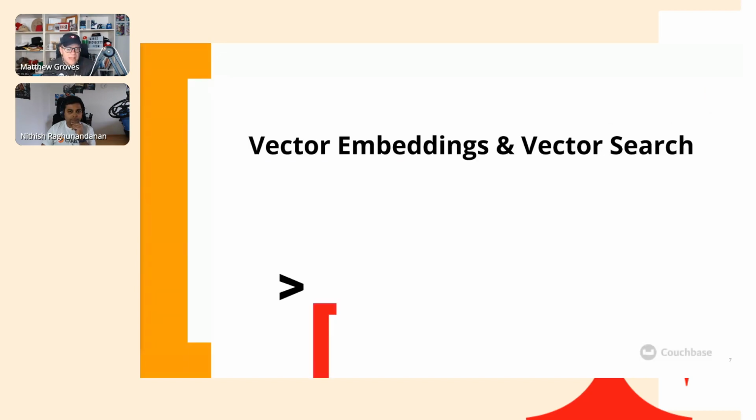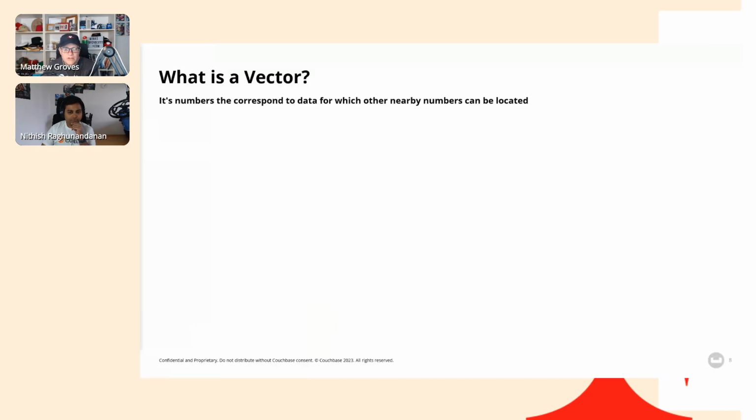So I keep saying vectors. And again, some of you might already know what these are, but just a quick review on what vectors are and what vector embeddings are. So simply put, a vector is just a set of numbers, and it corresponds to data. And why would I want to do this? Because we can use this to locate other data based on those vectors that are nearby, right? So simple example here, I like to start with just a really simple two-dimensional vector, right? So this is a latitude, longitude for Paris. And so, we know where Paris is on an XY axis. So our model here is latitude, longitude, and our data is basically location of Paris.